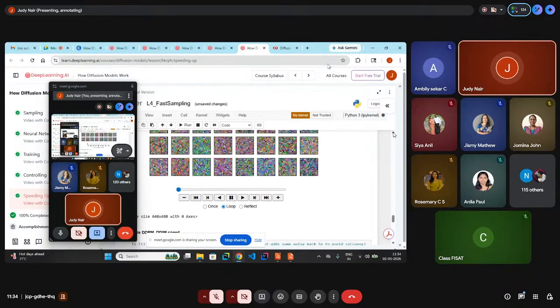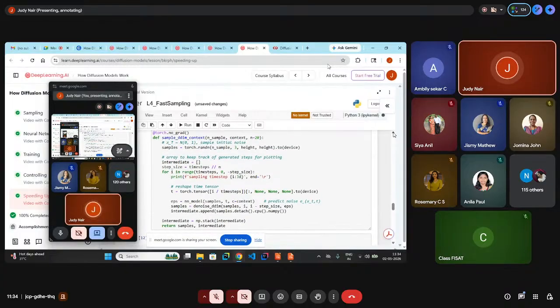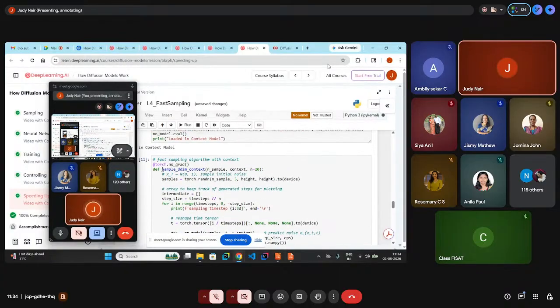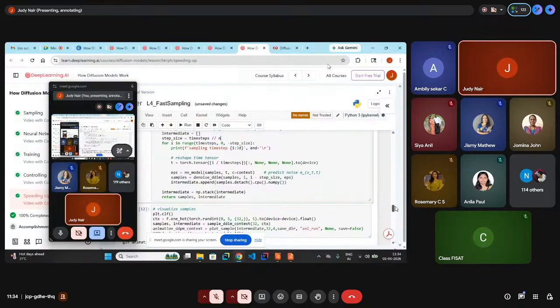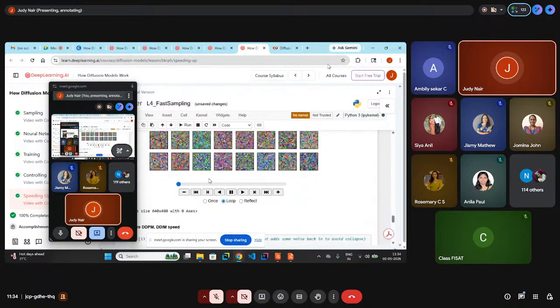What was used earlier is DDPM. Here, they are using the DDIM method. You can just change this method function only, all the rest is the same. Instead of DDPM, here we are not using the probabilistic way of doing it. They're skipping time steps here. So the intermediate step size is equal to time steps. For i in range, time step 0 to minus step size, you can skip certain time steps. That's the only difference, which I just mentioned about DDIM. That was experimented and given here.